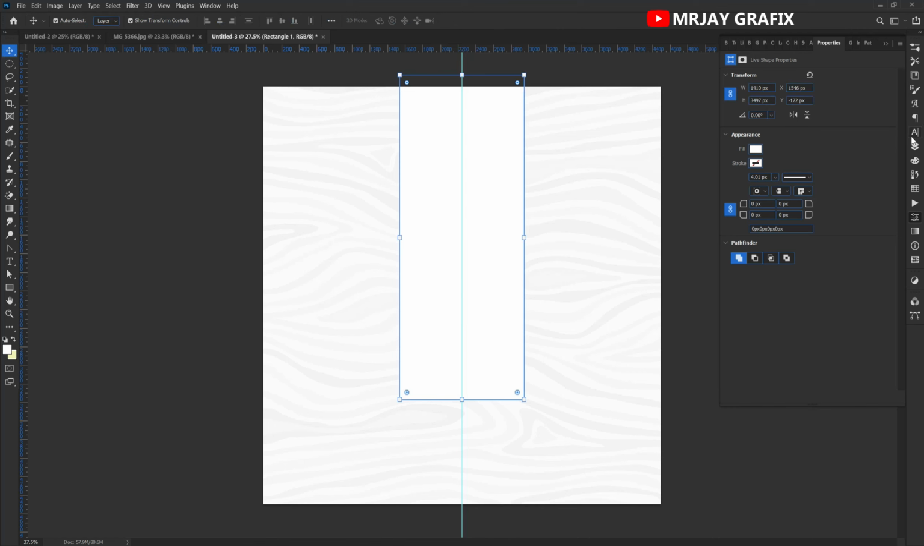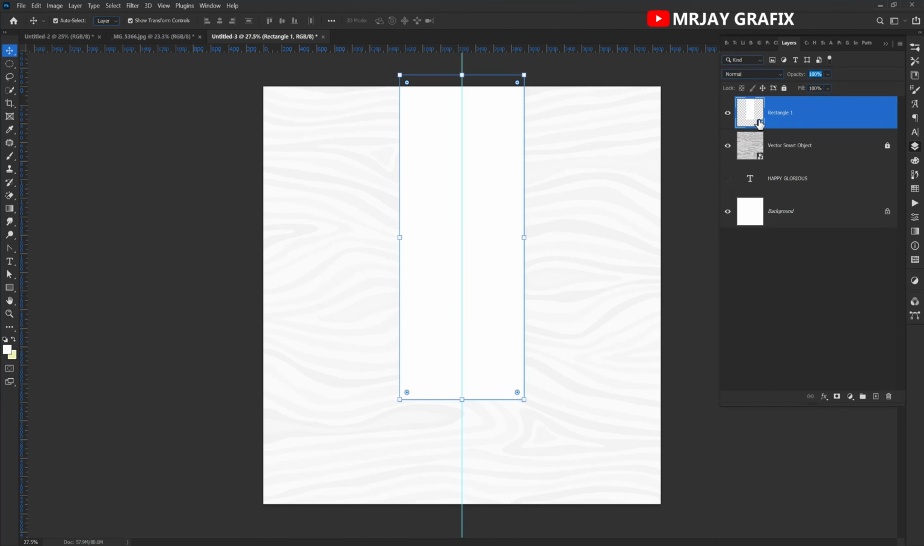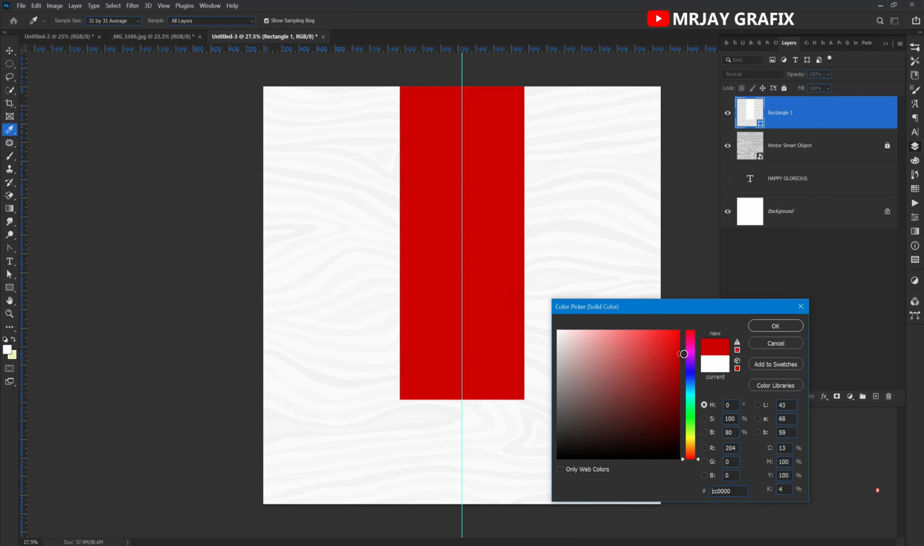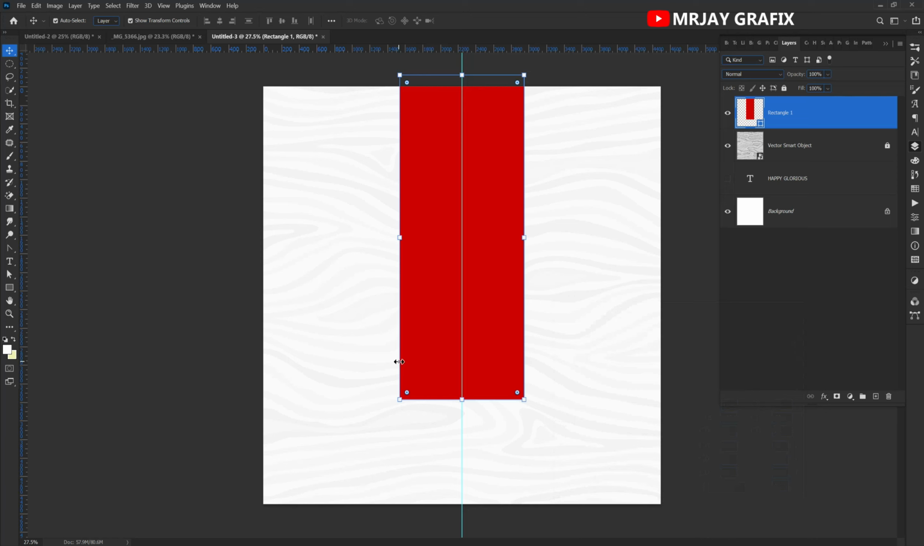Now let me change the color. Seems the color is white, so let me change it. Once I change it, then you understand what I'm talking about. Now right from here, I will go for my convert point tool. I'm going to select this point, highlight this point, hold my control key,